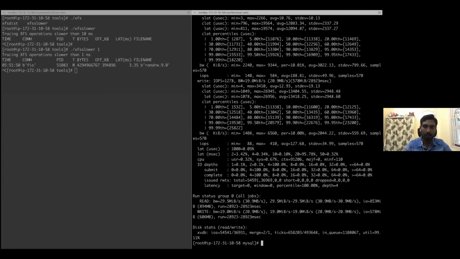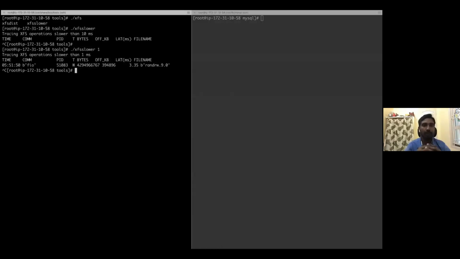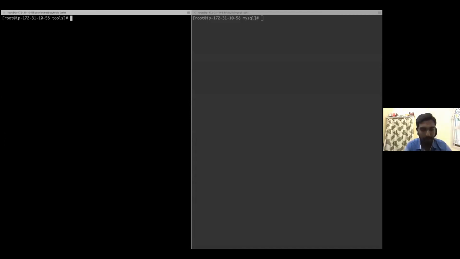Okay. Now let's move on to the next subsystem, that is our CPU. CPU is our main subsystem. Similarly, we have tracking with respect to CPU. We have CPU distribution, same as XFS, and for file systems we have tools for all of them, even for ext4, BTRFS, and others. We have tooling around all the file systems which are available. Now let's go to the CPU subsystem, CPU distribution.